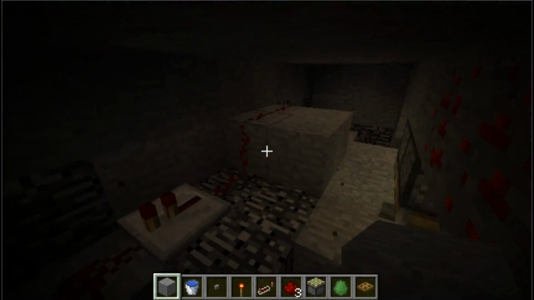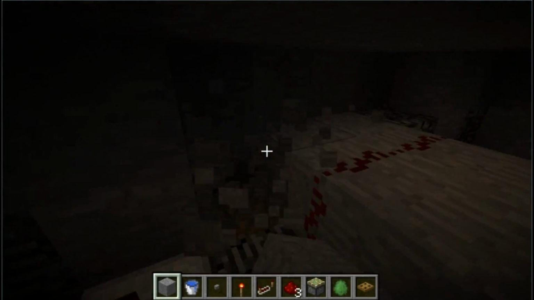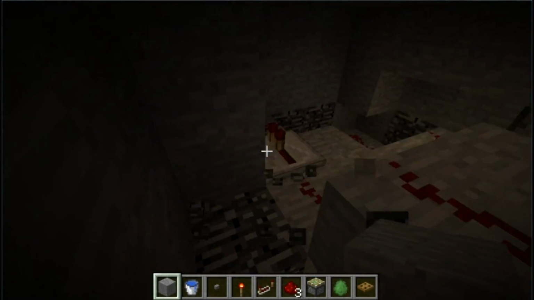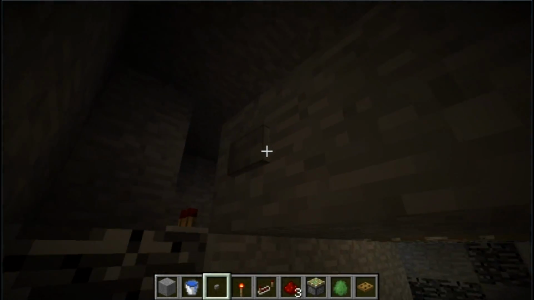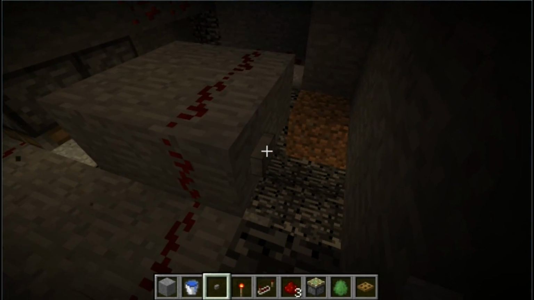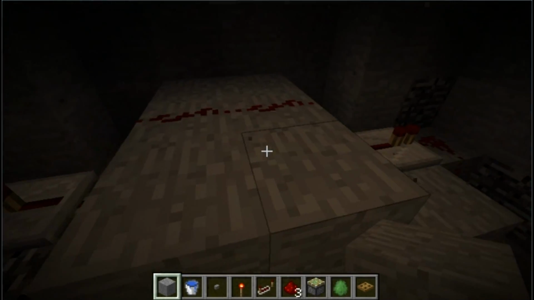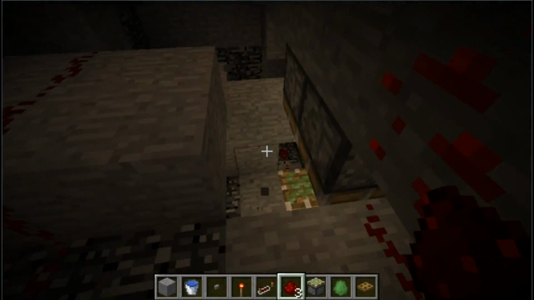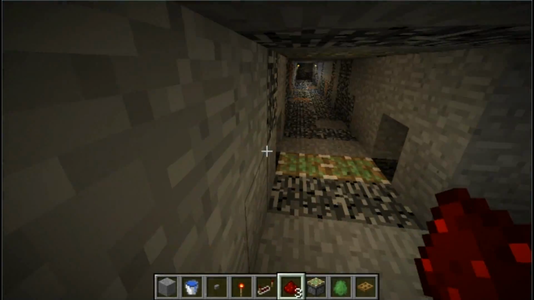So now we have the wires all going to one spot. So if this was made correctly, then pressing this button should activate the pistons for a second. Yep. Okay, so that step, I don't even know what step, I don't really care anymore. So now what you're gonna do is, now that we have the pistons here,